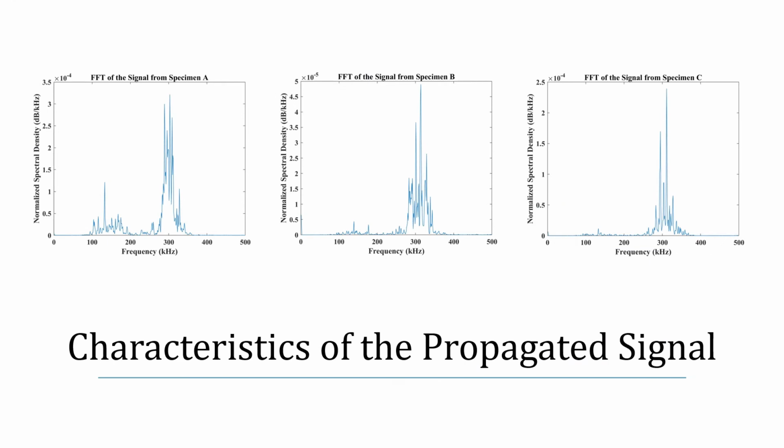The FFTs of the propagated signals in specimens A, B, and C are presented here. Three observations can be made from these results. The first one is the obvious attenuation difference in terms of both amplitude and frequency between the input signal and the propagated signal in each of these specimens. The second observation is the attenuation in terms of frequency, particularly around 120 kHz, between the signals from specimens A